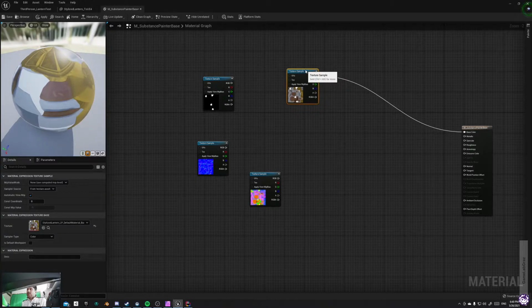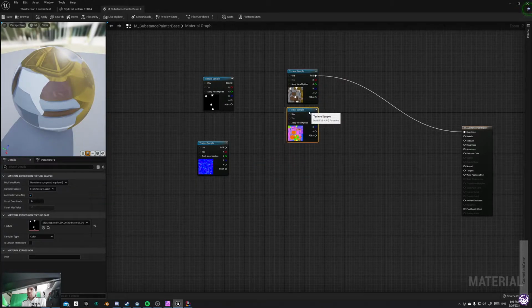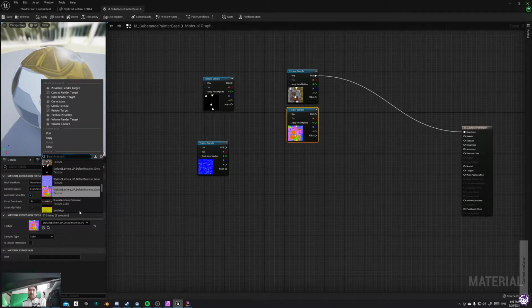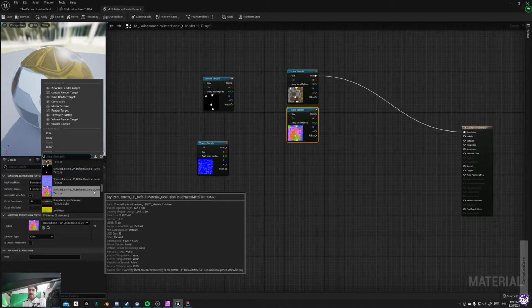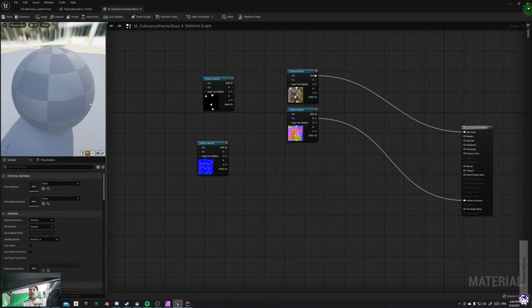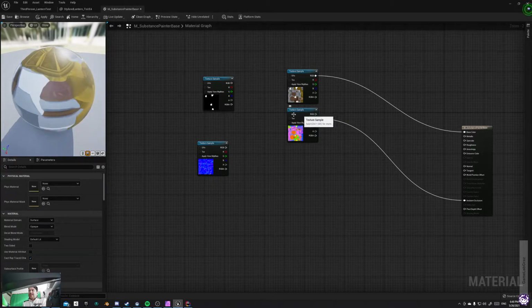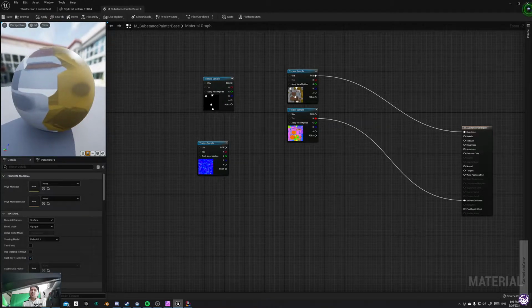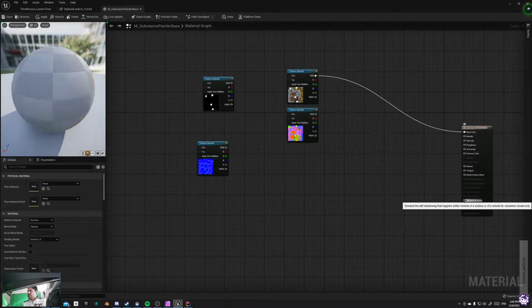If you would like to add the ambient occlusion, then you should go for the next texture map that we created last time. If you remember the name of this texture map, you can also check it here. It's occlusion, roughness, and metallic. It means the first channel, that is the red channel, is ambient occlusion. If you connect it to the ambient occlusion,